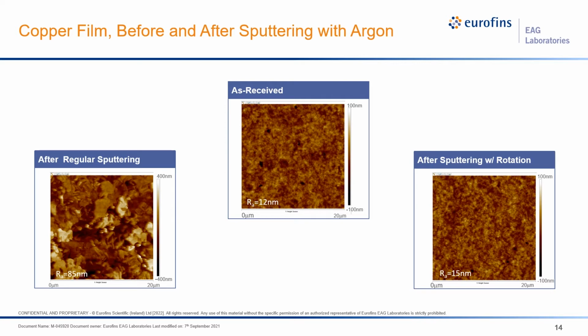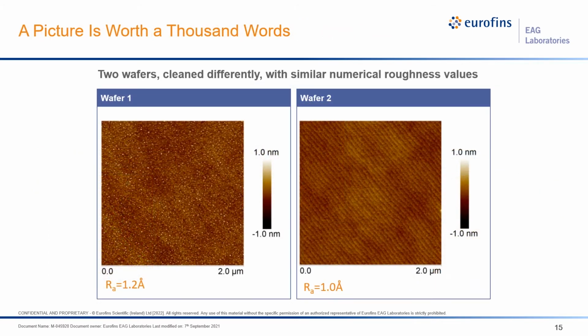Height parameters like Ra are important to characterize topography, but sometimes they don't tell the whole story about a surface. In this example, there are two silicon wafers that were cleaned by different methods. These are 2 micron by 2 micron images, which is a typical image size for a very smooth sample. And a good rule of thumb is that if you can see your reflection in the surface, it's probably considered to be smooth. You can see that the wafers have very similar average roughness values,